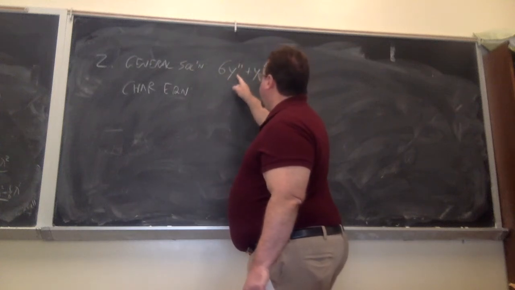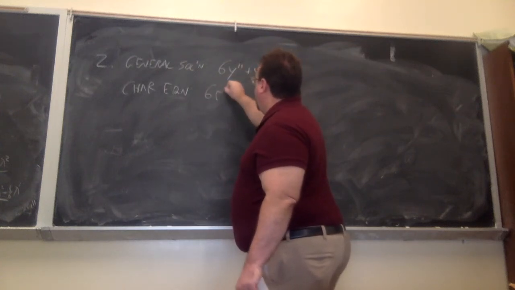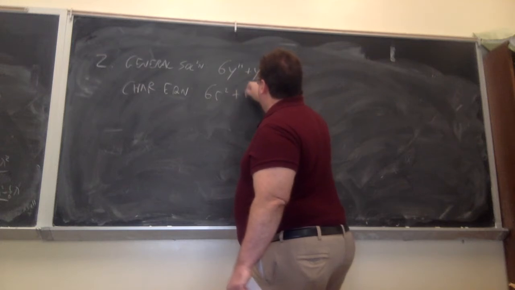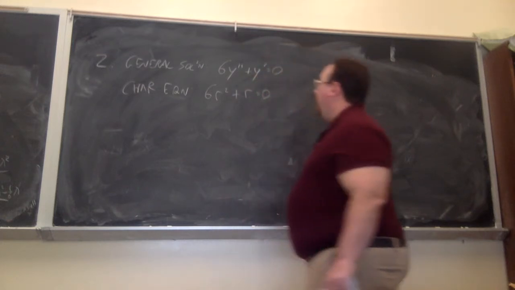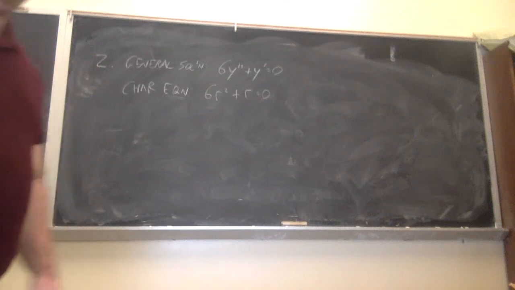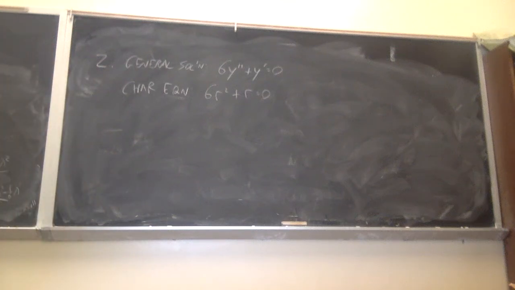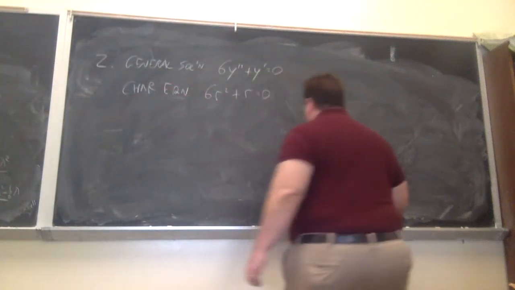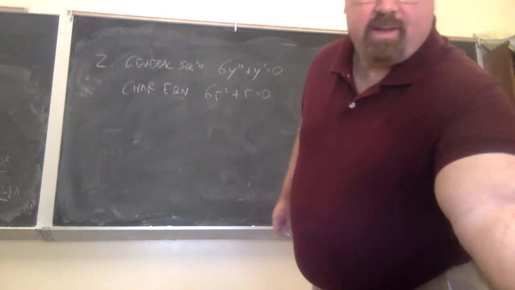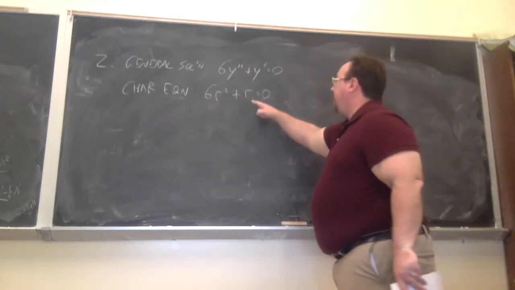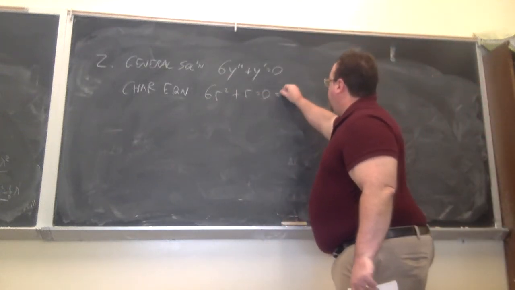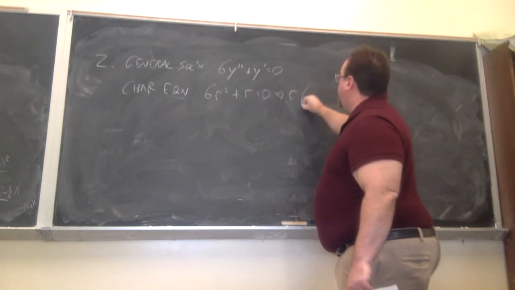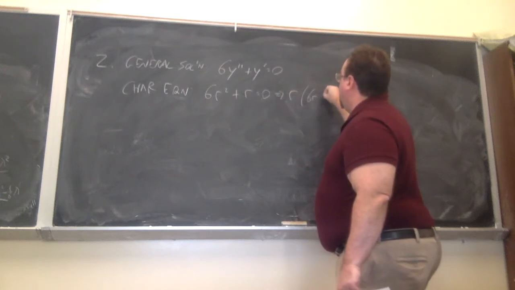So order of differentiation goes to powers of your solution r, so 6r squared plus r is equal to 0. Now to solve this characteristic equation, we can go ahead and factor. What's a common factor? It's r. So factor out an r, and what's left is 6r plus 1